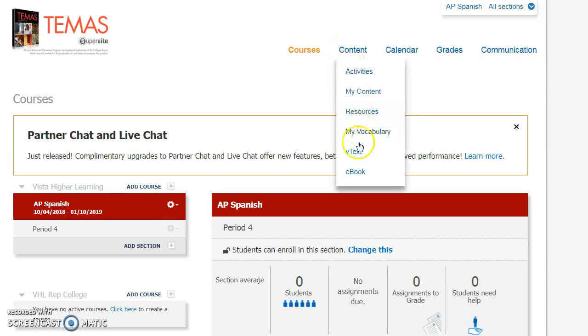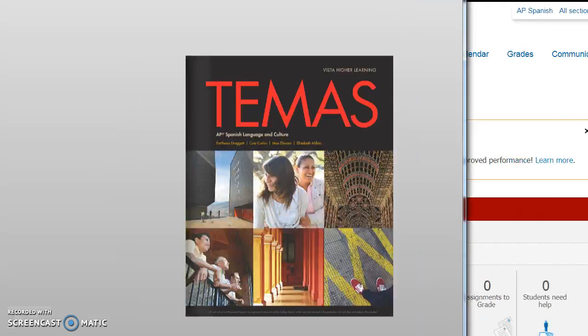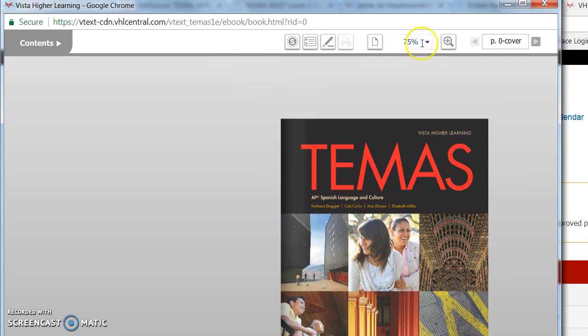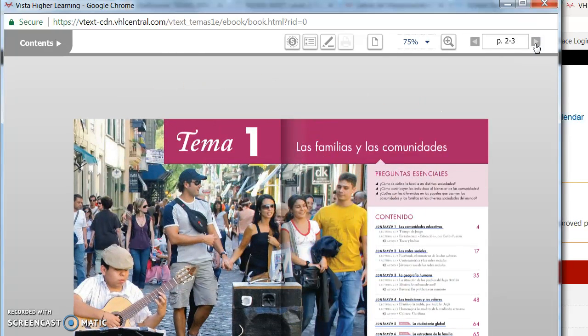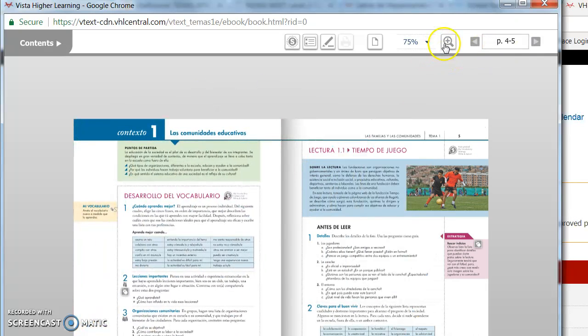If you click on Content and go into vText, this will take you into the vText, which is the online version of the textbook. Here we see we have some features at the top which allow us to turn the page and navigate through that way. It's a very quick and easy, user-friendly way to take a look at the entire textbook. You can also zoom in if you'd like to enlarge the pages, as well as